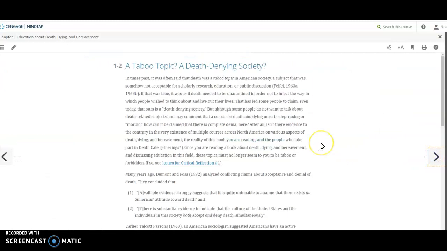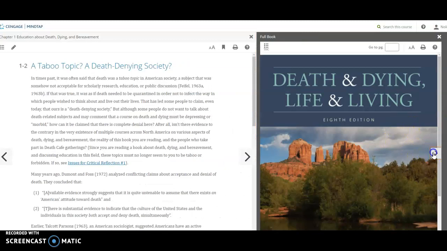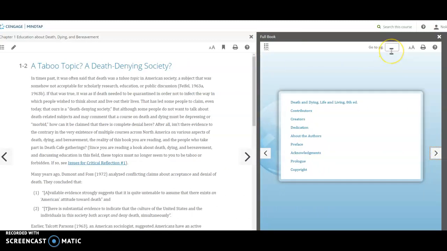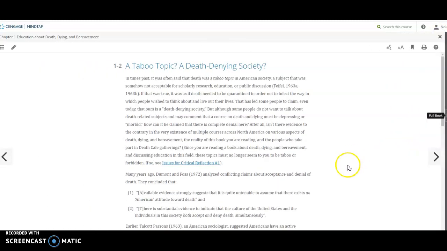Now, this is formatted like any e-text, but on occasion, if I decide to refer you to a particular page, a lot of times when people are using ebooks, they're thoroughly confused. All you have to do is go to this blue icon here, and when you click it, it will bring up the textbook. And you can literally go to the pages that I'm referencing and find it. Or if you choose, you can read the book that way. It's all up to you. You can also see that the book has a glossary. You can take notes, you can highlight.